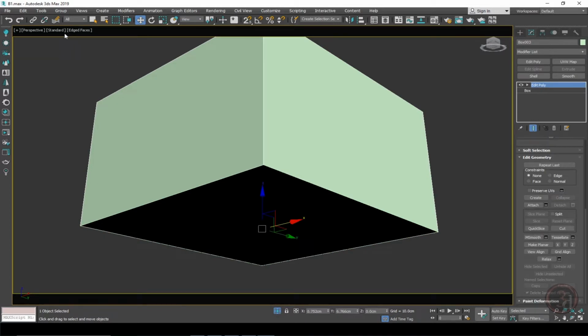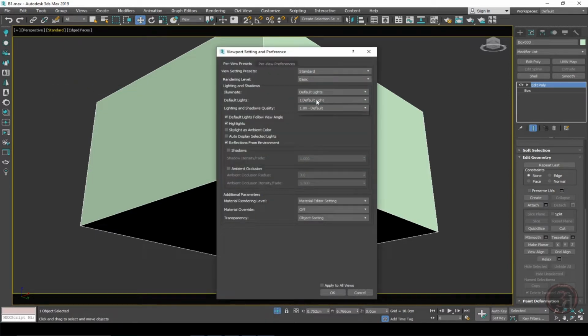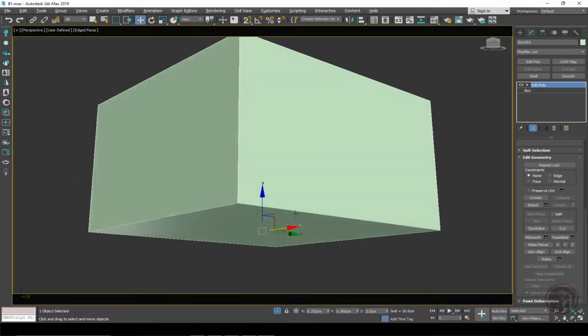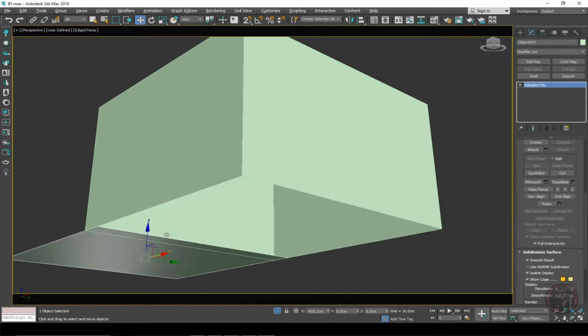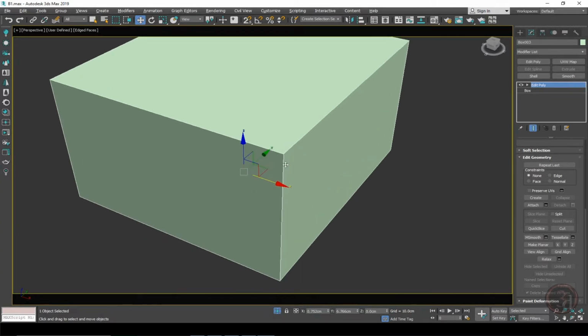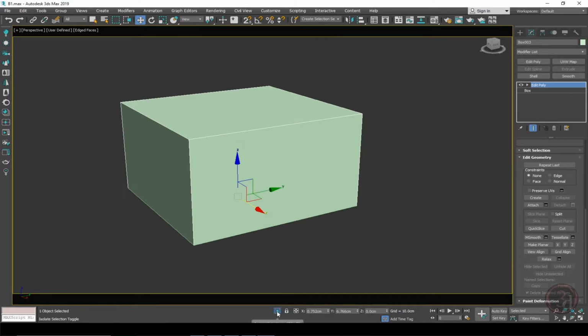Okay, let me change the default lighting to 2 lights, and now you will notice the difference. Apply to all views, click OK. So now there is more than one light. So as you can see, the flooring is separated and my wall is separated with the ceiling. We might not see ceiling that much, but yeah. Okay, so I can exit the isolation,